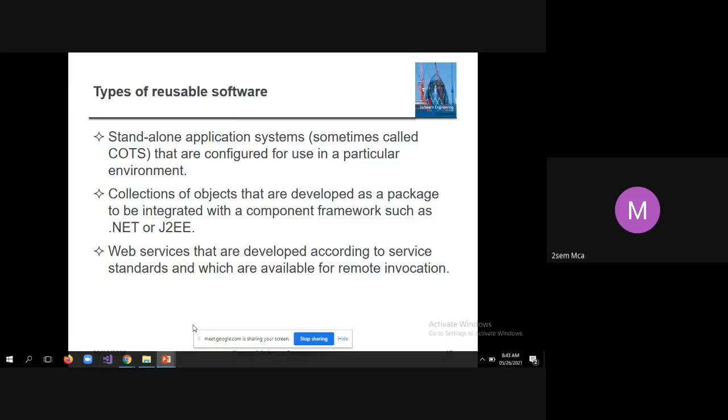When I say a component is reusable, some components may be targeting Macintosh systems, some may be targeting Linux-based systems, and some Windows-based operating systems, and so on. Collections of objects are developed as a package to be integrated with a component framework such as .NET or J2EE. This is just an example.